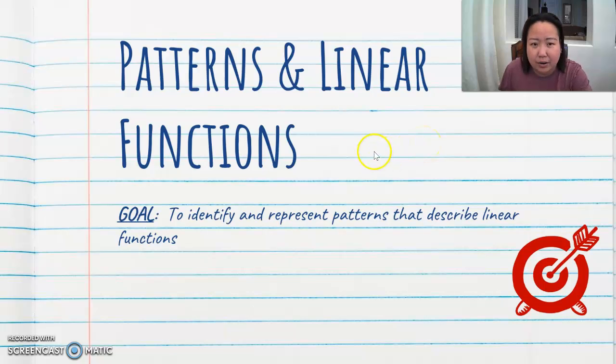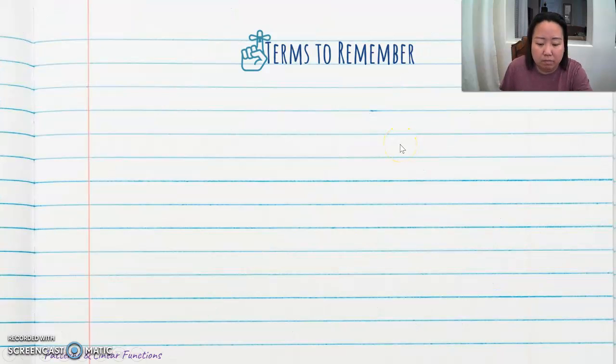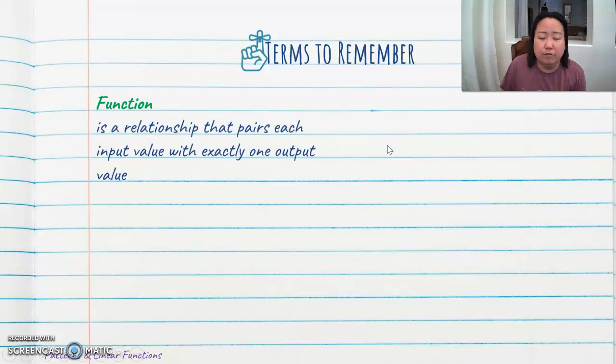All right, so continuing our discussion on patterns and linear functions, we have some additional terms that we would like to discuss here. First thing is when we talk about the word function. A function is a relationship wherein you have an input value and it is paired to exactly one output value. Okay, one input pairs with one output. That's a function. If you have an input and it's paired to different or multiple outputs, that is not a